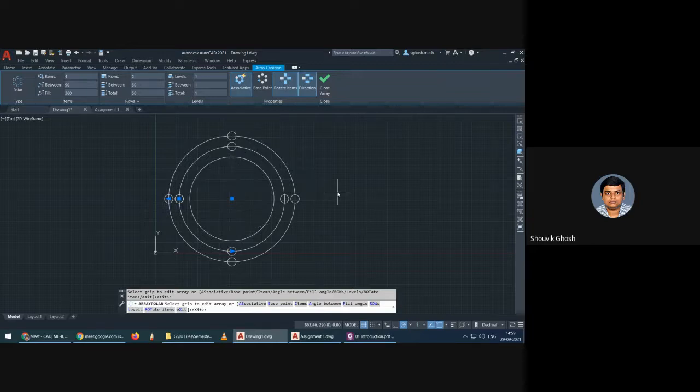So if there are 2 circles one after the other, it will look like this. If it is 3, you can do it. Even if it is inside, if the value is inside, then minus 50 should work in the negative sense.